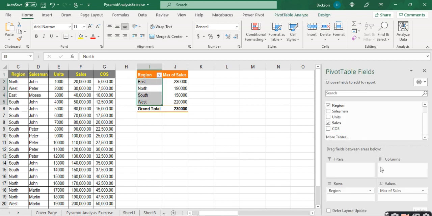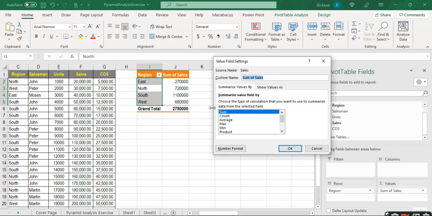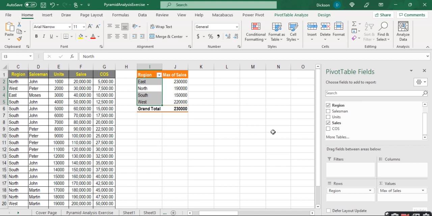Let me do it again. We want to calculate the maximum sales in each region. The first thing is that we drag the region to the rows, and then we take the sales to the Values section, and from there we click on Field Settings, and then we select Maximum. That's it. Now if we assume that we want to calculate